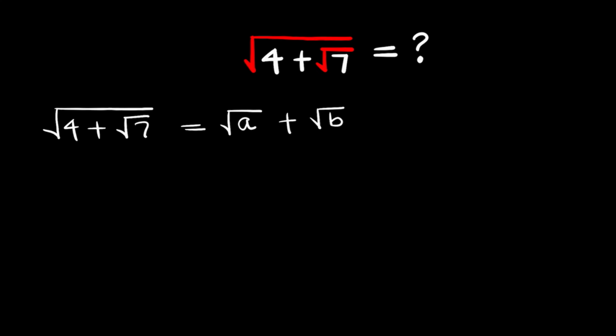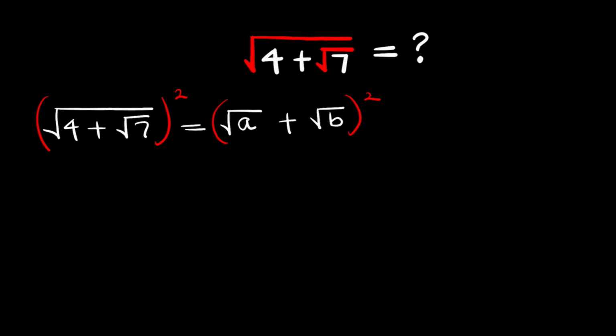Square root of a, square root of b could be any variables, but I've chosen a plus b and this sign in between them, which is addition, simply because this is addition as well. If it were to be subtraction, then the sign here would also be subtraction. Now what I'm going to do will be to square both sides